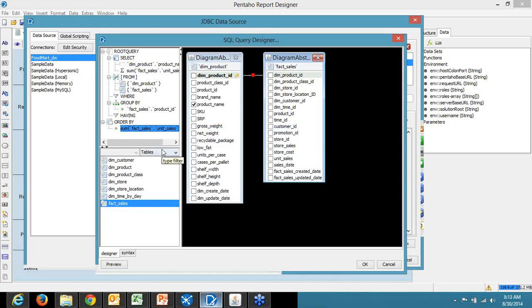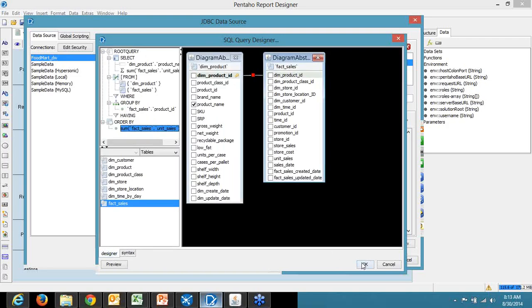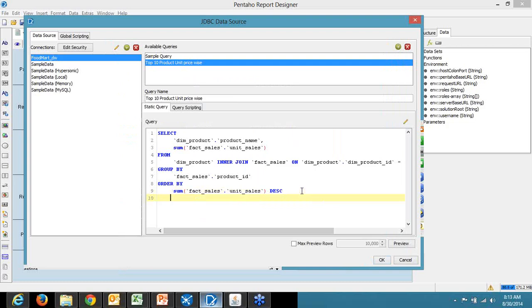By default, it is always ascending, as we are all aware of SQL. When you do the order by, by default it is in ascending order, and if you want to change it, you can change it to descending order. So now we are good to go with this. We can see how the query is built here, and we can click OK here, and here we are with this query. And now we have to see the top 10 products, so we'll probably put limit 10